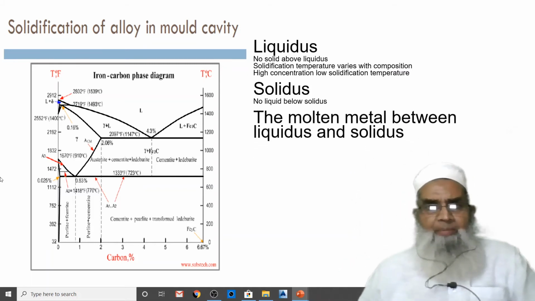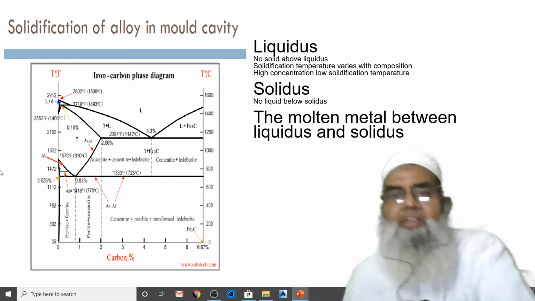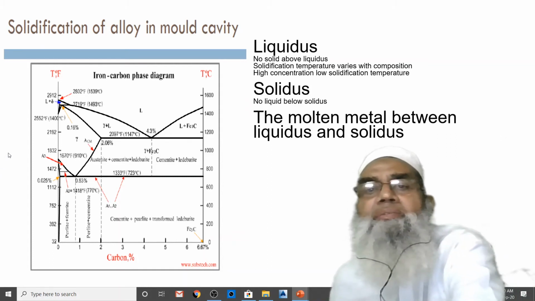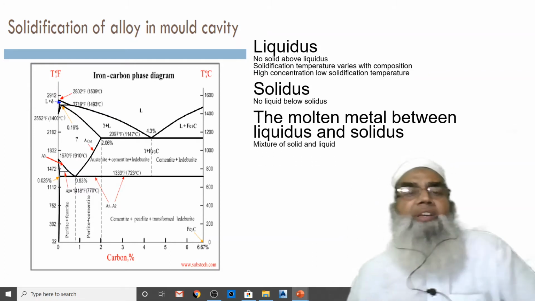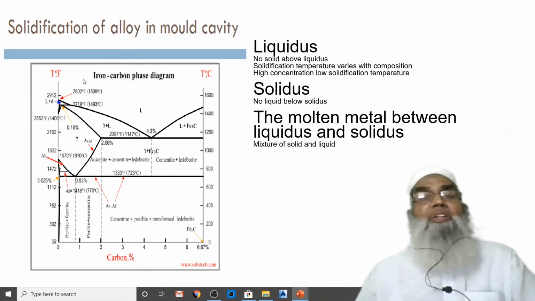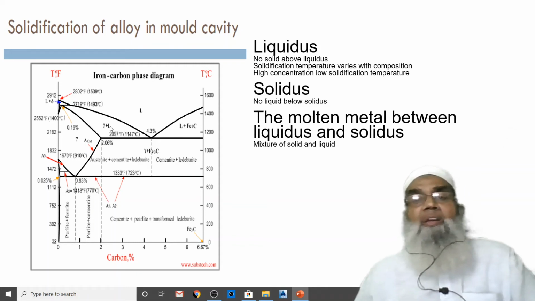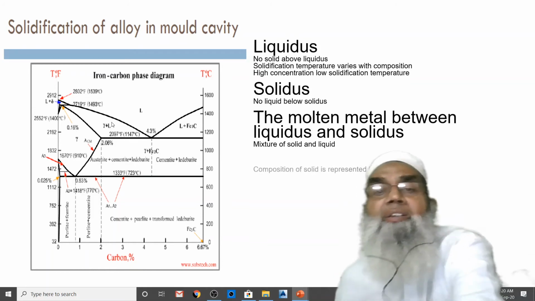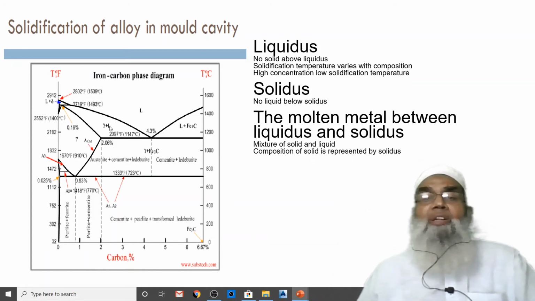And the molten matter between the liquidus and solidus is liquid and solid. Now it is therefore a mixture of solid and liquid. In between these two curves, solidus and liquidus, we have a liquid and solid mixture. Now the composition of the solid is represented by,